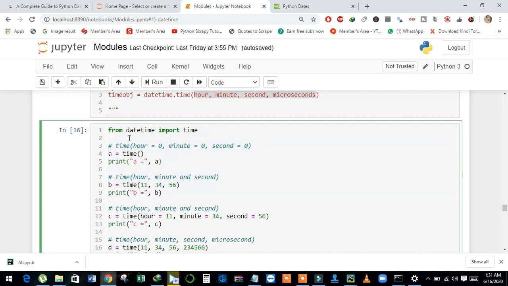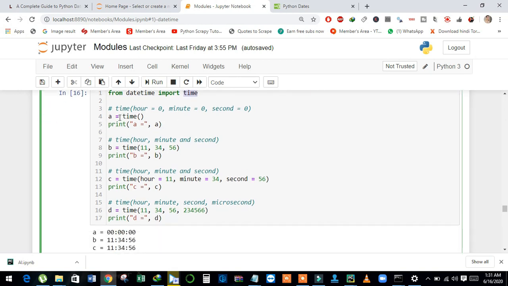I imported time from datetime, and by default it has hour equal to 0, minute equal to 0 and second equal to 0. If I leave the time constructor empty, then it returns 0 for every attribute.